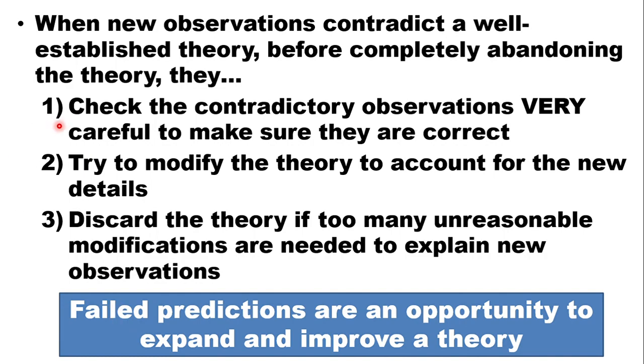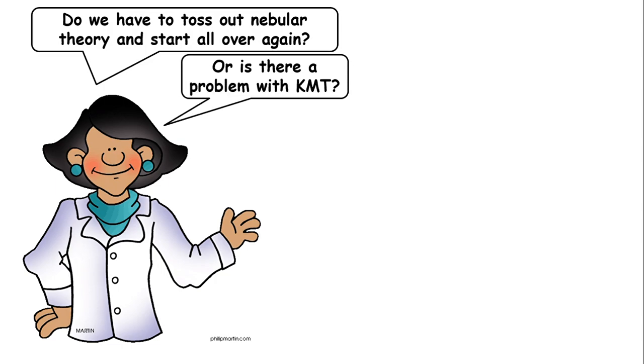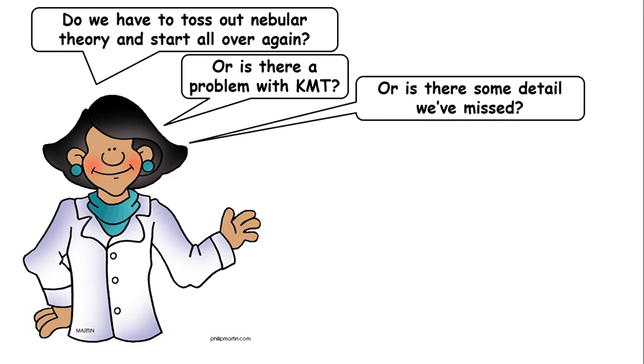Well, we'd already done step 1 in dealing with all this anomalous data. We checked the observations, and they were correct, and they were many. So the next step is to try to modify the theory to account for the new details. You ask yourself, we're not going to toss out nebular theory and start all over again to try to explain everything we thought we'd already explained. So the question is, is there a problem with kinetic molecular theory? Well, that's a theory that we've known for 200 years, and it's worked so well, we have no reason to doubt it. So the other possibility is that maybe there was some detail out there in the observational data that